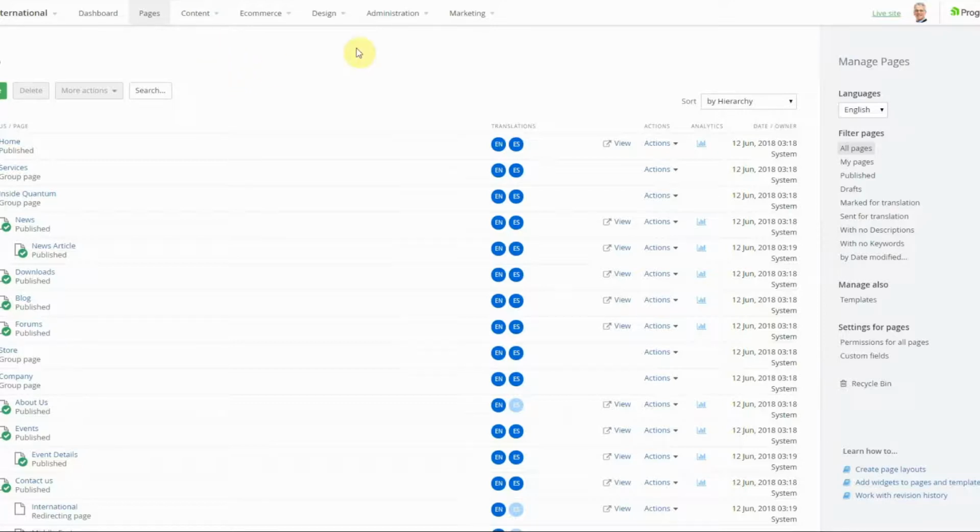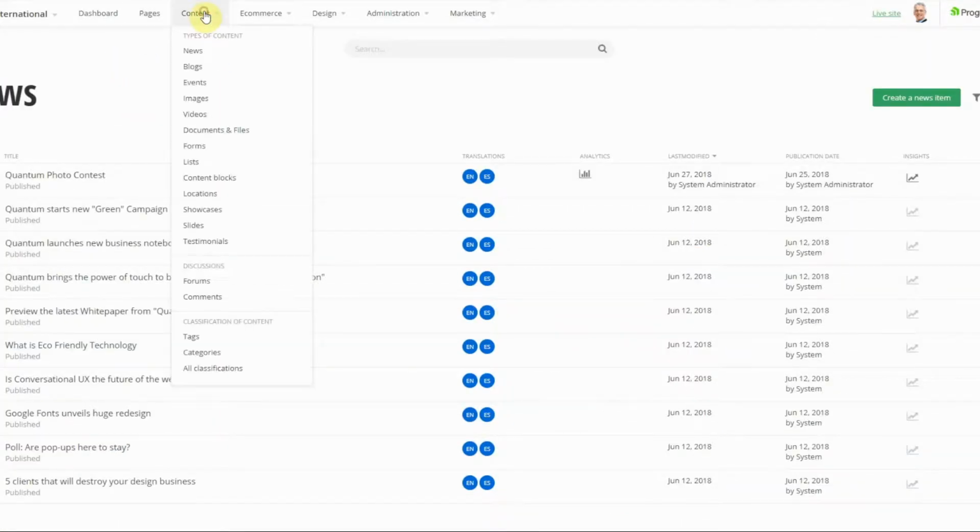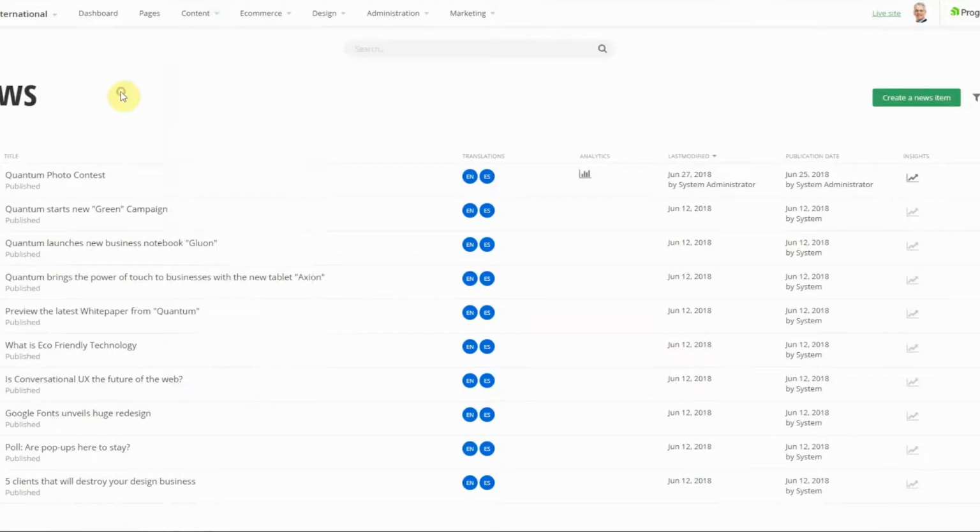So first, I have already logged into Sitefinity, and as you can see here, I have the existing news page and the news article page, and I will dive into those in a moment. But first, let's dive into the news module. The news module lives beneath the content tab with all of the other content types existing on the site. Here you can see that I already have a number of existing news items. So I'm going to dive into one of these and show you what it's about.